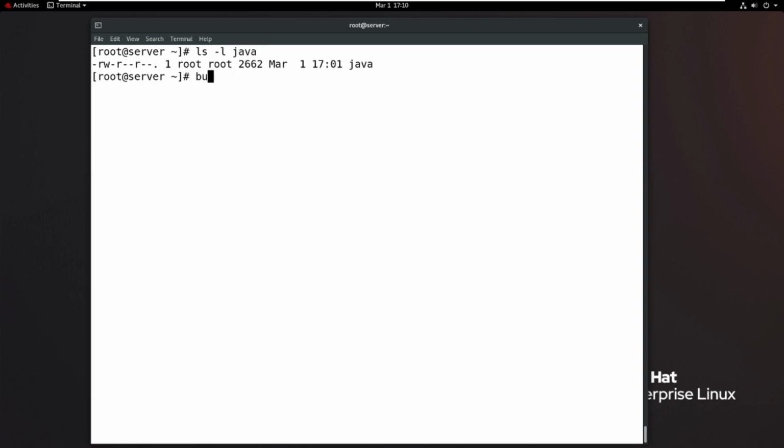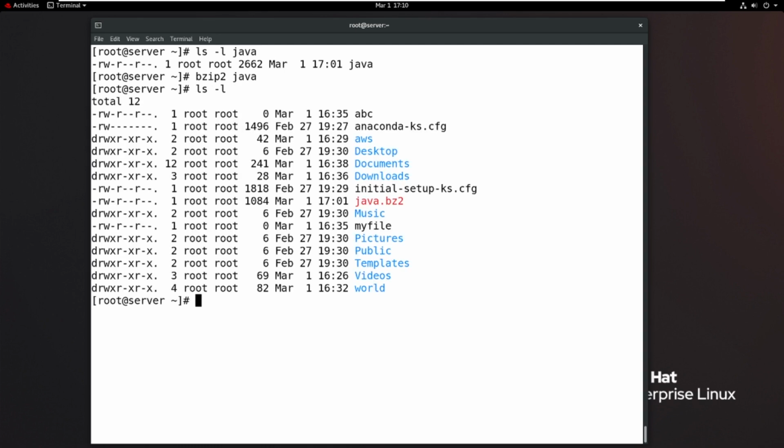So bzip2, this is the second tool, my file name is Java. Then enter, and check it. Again ls -l, the file size here is 1084. Previously it was 1064, now 1084, so the compression percentage is a little different. For example, bzip2 uses 50%, then gzip uses 55%, like that.